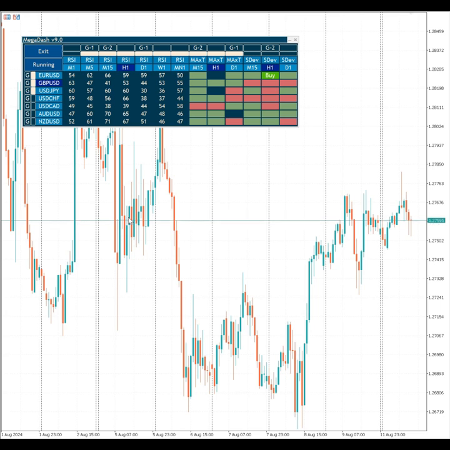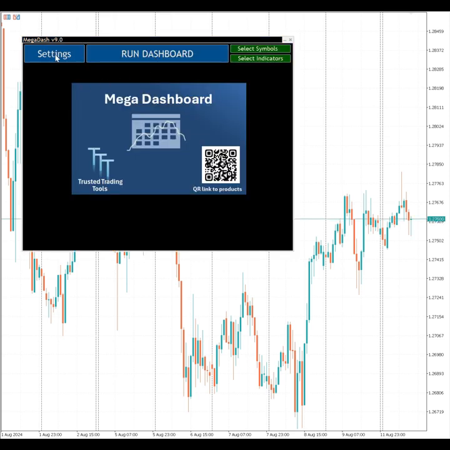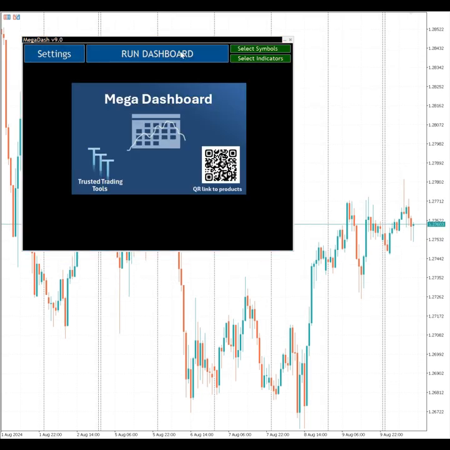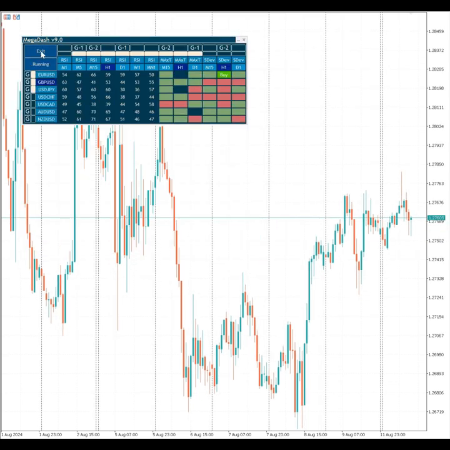So once you've set up all your alerts and your dashboard as you want it, if you just exit out and go to settings, then here you could save your entire dashboard to recall later. Then you don't need to enter symbols, indicators, alerts, anything. Again, it's all set up, and you can save as many of these as you like and just come in here to recall them. You can also change the scale of the dashboard, so if you want it a bit smaller, look, you can just do that,